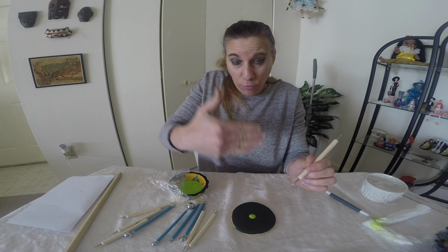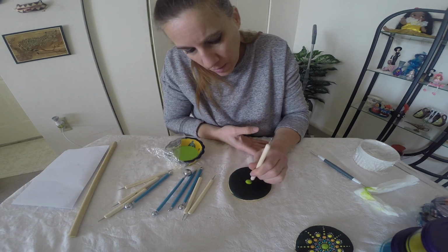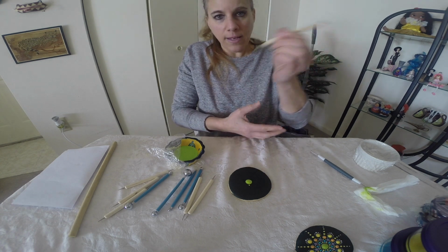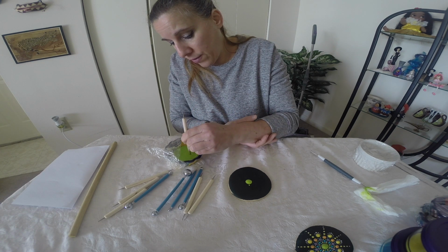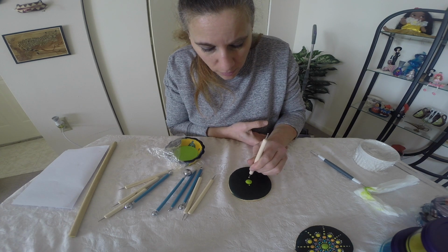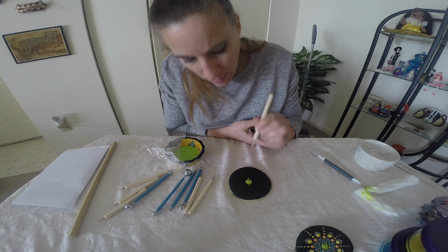We're going to make a cross. So I'm going to take this and bring it to the top. Try to keep this as close to your original circle as you can. Dip it again, even though you still have some icing on here. You want to make sure you totally refill this in order to get an even circle. Take that, go straight down, and again try to get it as close to the circle as you can. Come up,